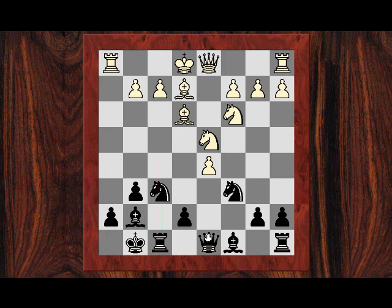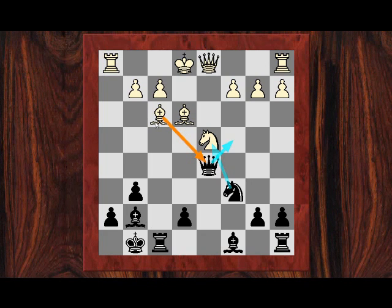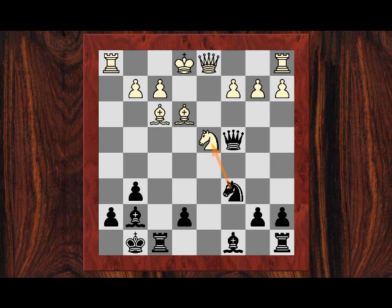E takes d5 was played, and after knight takes d5, White actually took on d5 again, queen takes d5, and the idea was bishop f3. So it's as if White's tricking Botvinnik that he's actually going to play positionally now. He's going to put all his pieces in the centre and maybe castle queenside in a little bit. Botvinnik played queen c4, and now Smyslov simply supported his knight on d4 by playing c3. Now Botvinnik played knight takes d4,